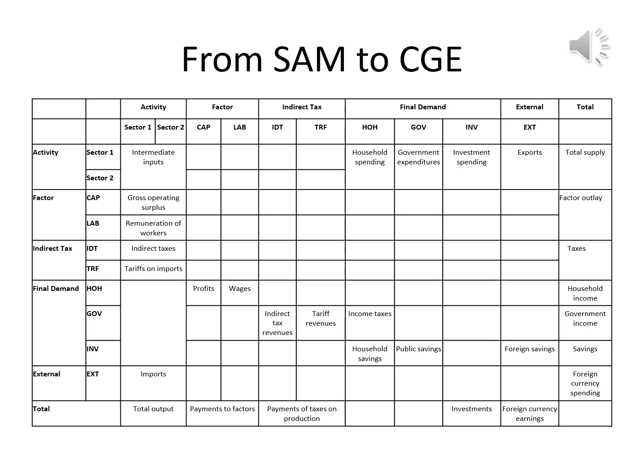Last time we talked about SAM, the social accounting matrix, and in this lecture we will talk about how to move from the SAM to the CG model. So let's remember the structure of our social accounting matrix as we elaborated last time through this Excel file. If you look at the activity, factor, tax, and external accounts, you will easily remember what we did last time. Basically, we are here